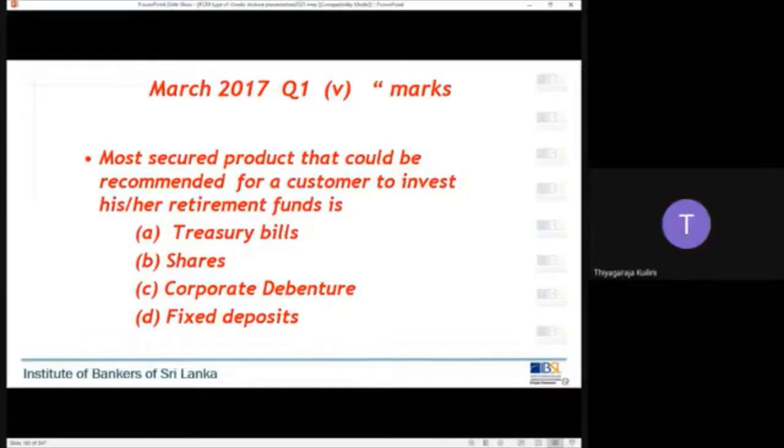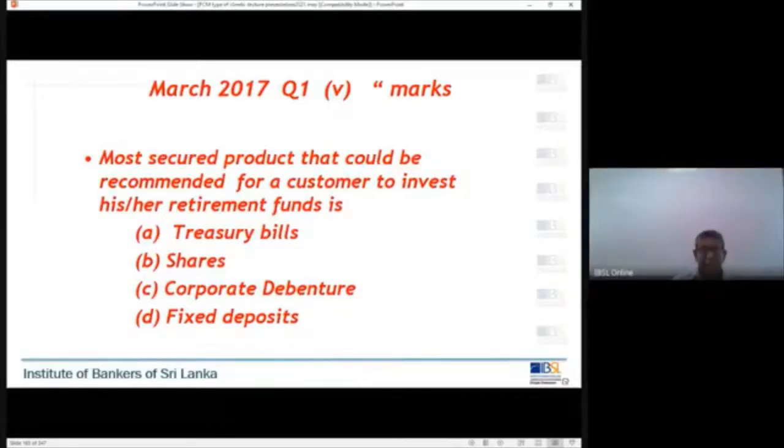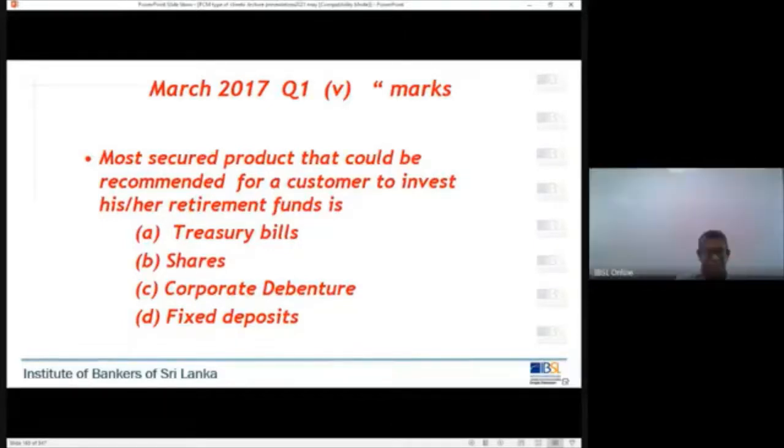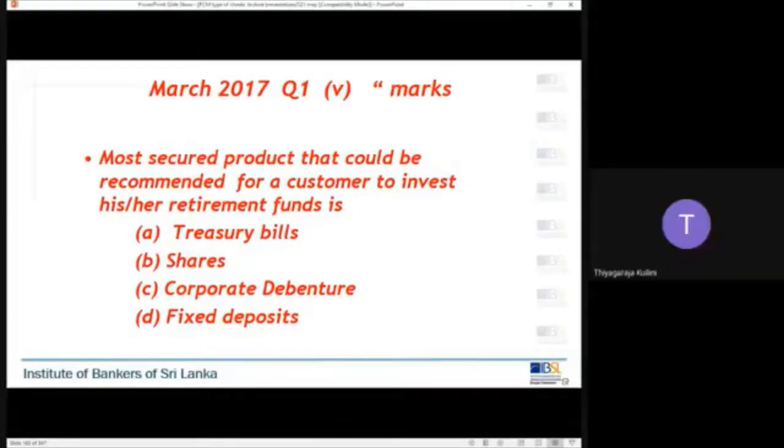Fixed deposits. Right. Okay, we'll take one by one. Okay, we'll take shares. Treasury bills. What do you think about shares? You can invest, but with shares, when the organization makes a profit you get the dividends, no? Otherwise, you have to wait. I have a small doubt about shares. If we invest in shares and the company goes down, even, you can see the corona situation, if we invest some funds in a particular share, will